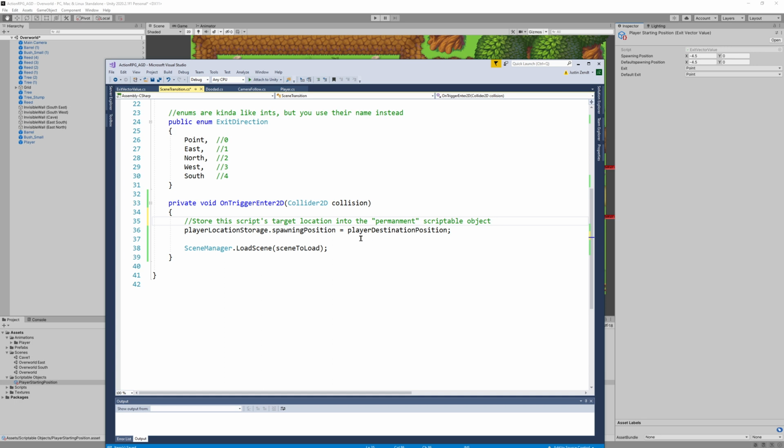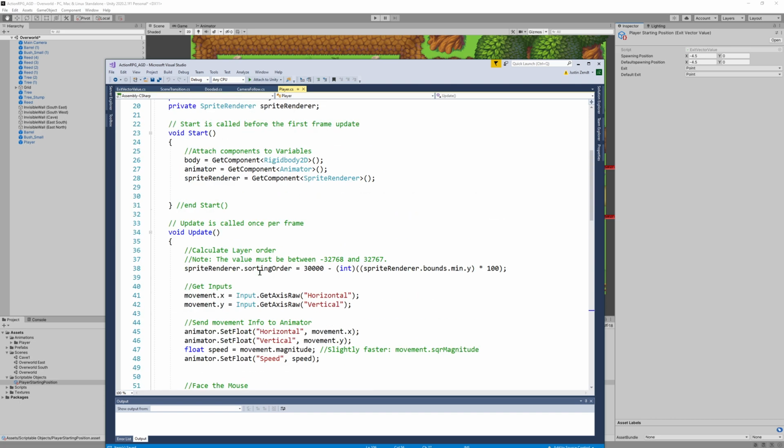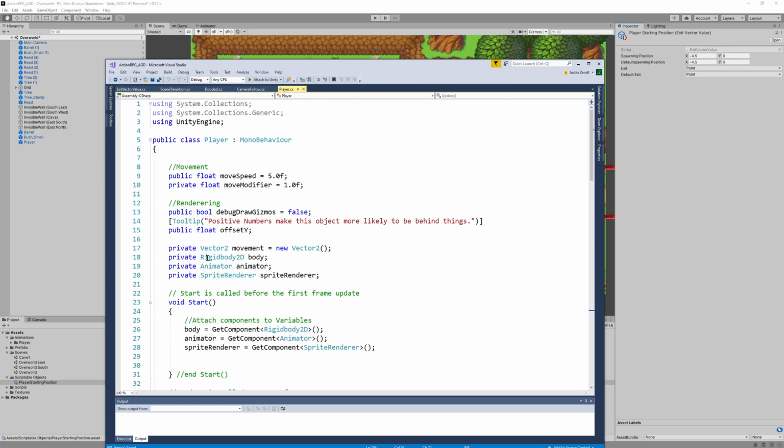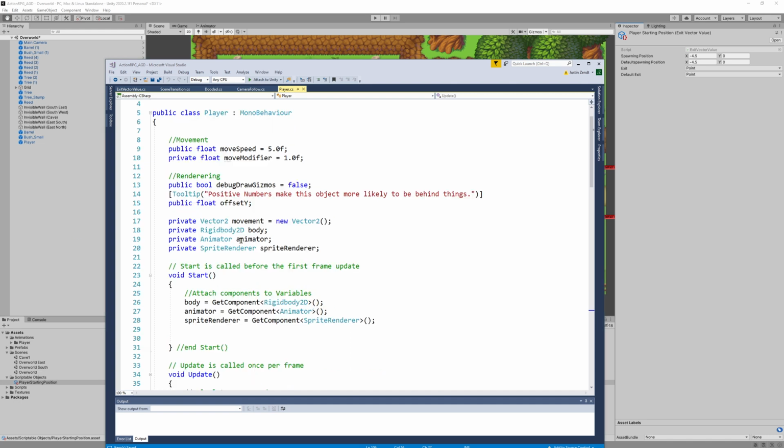So the idea is that that's gonna store it, and then we're going to load the new scene. Okay. However, we need to tell the player to jump to that position. So we want the player to actually, on a new scene load, set their location during their start to where we're going. So we're going to need for the player to also track that,